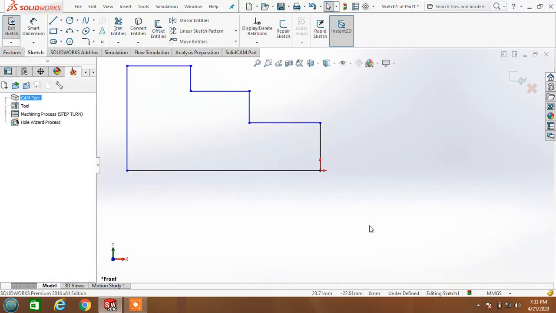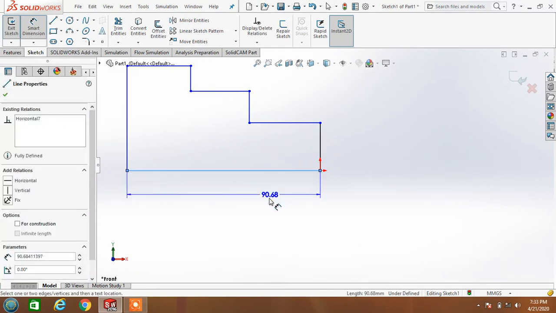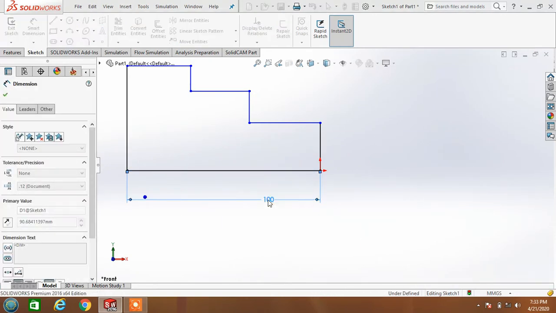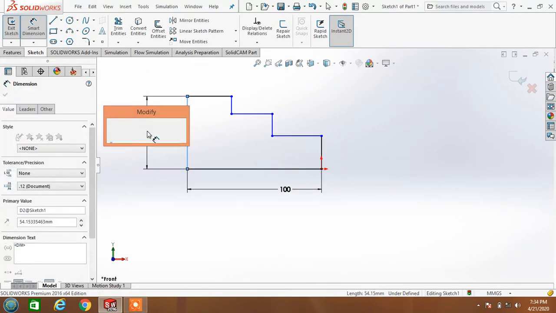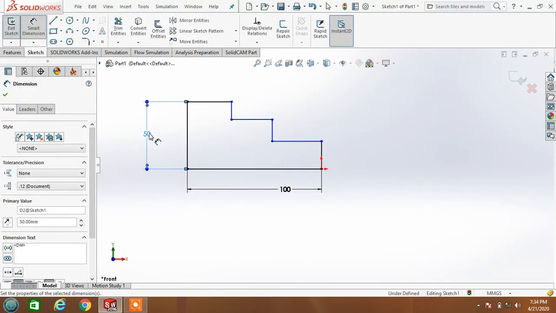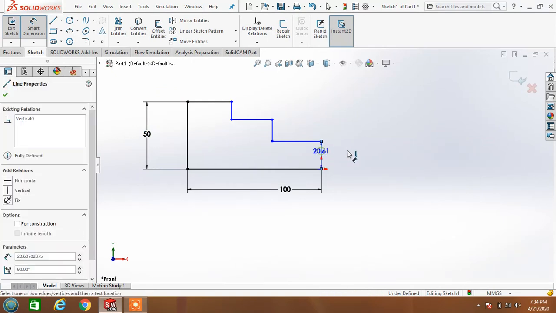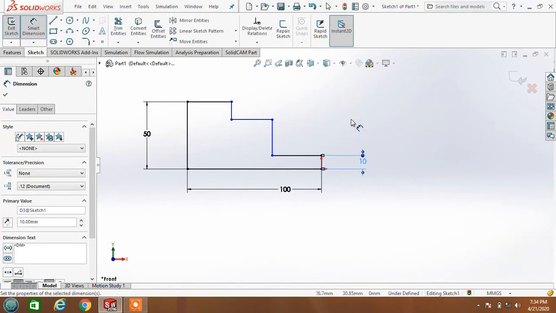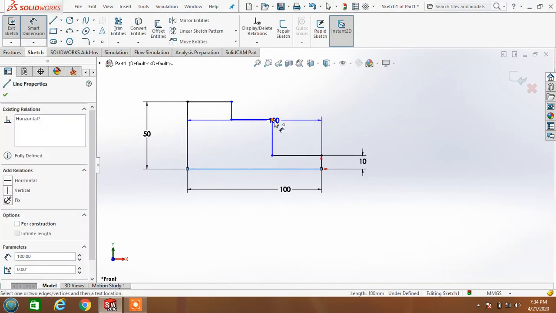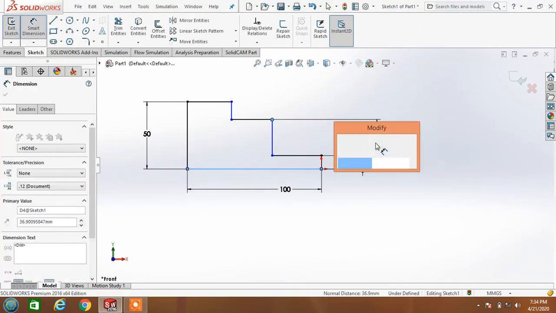So I take a 100 mm shaft, and its major diameter is 50. I take the minor diameter as 10, and its second diameter is 30.